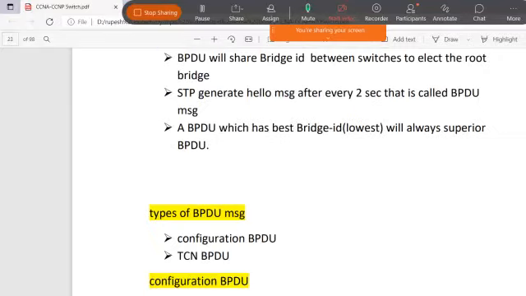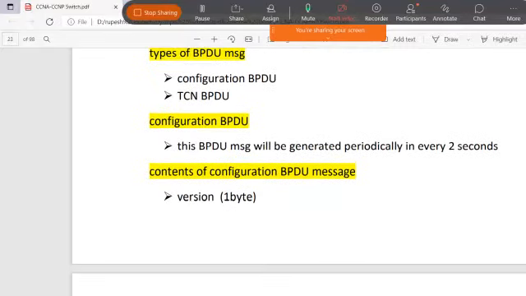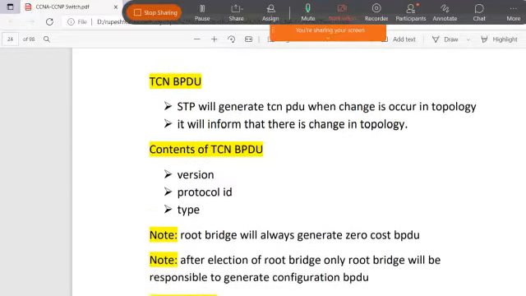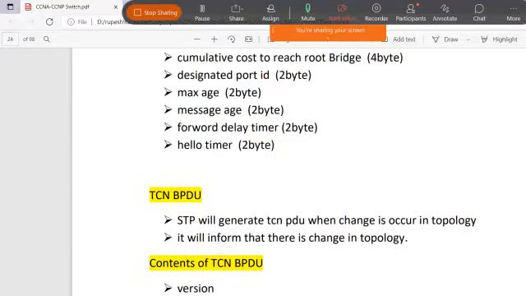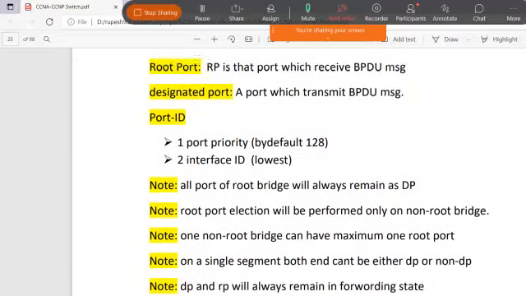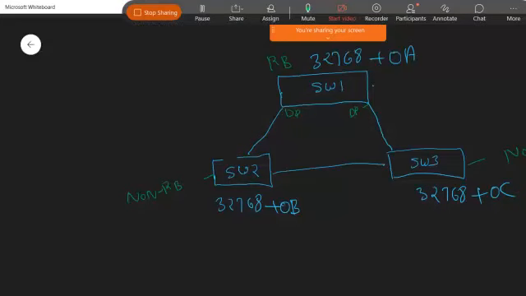Now, what they will do is start generating the configuration BPDU, right? And inside the configuration BPDU, they will generate all the things it has. But over here inside this topology, in front of the DP port, it can be the root port or the block port. So we have to send that information, meaning these two switches always have to receive the information.